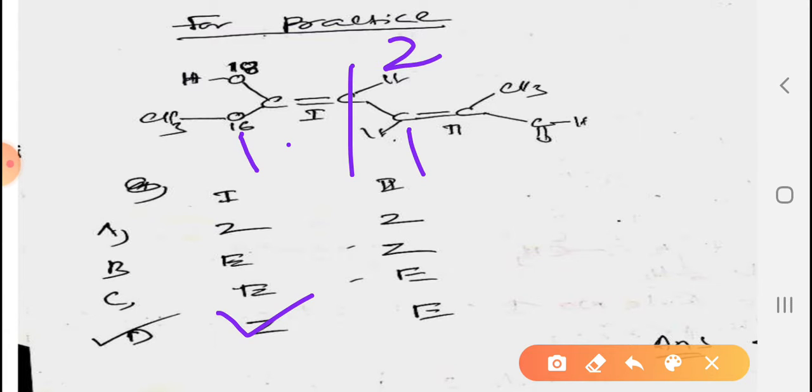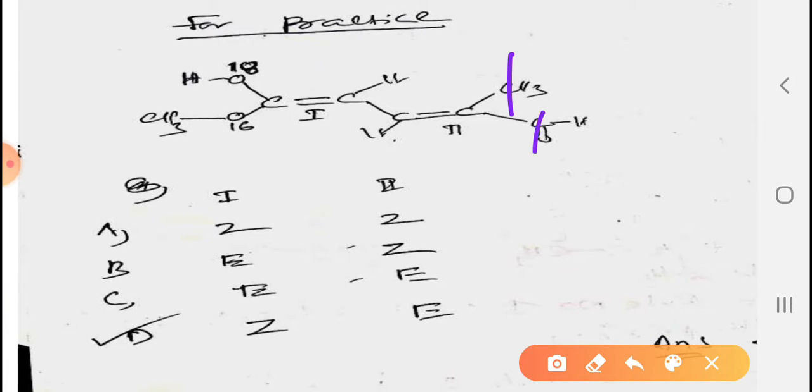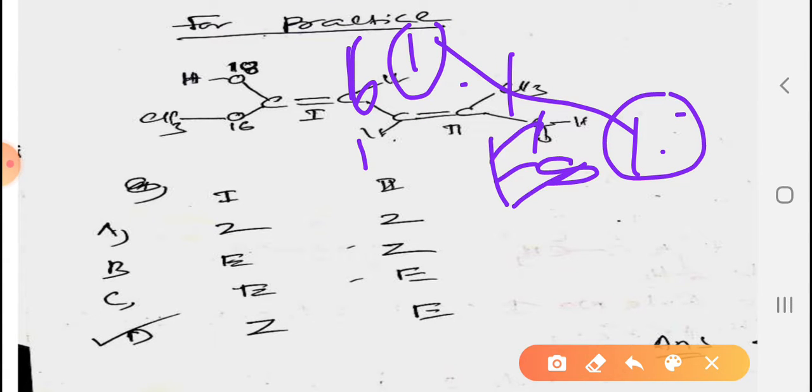And coming to this side, here in this carbon it is C, C. Next to C, applying sub rule, O is there, hence 8, 6 and 8. It is first priority. In this case, hydrogen is there, carbon 6, hydrogen 1, hence it is first priority, first and first, opposite side, hence it is E. Hence answer is this one.